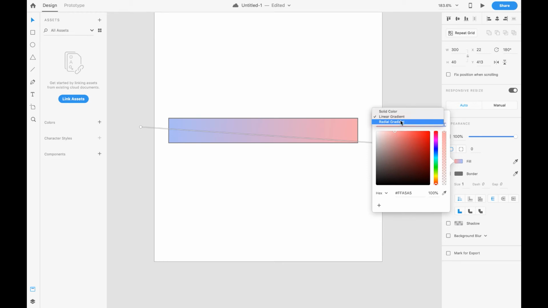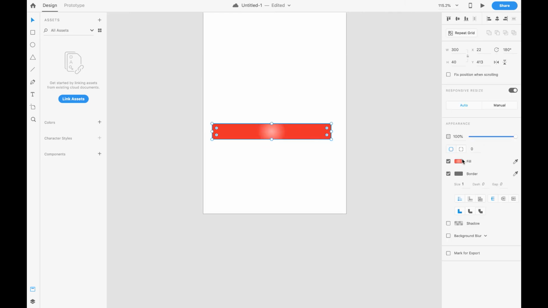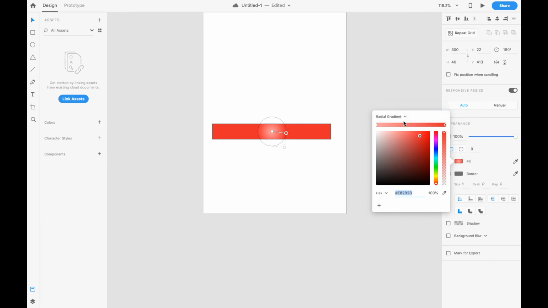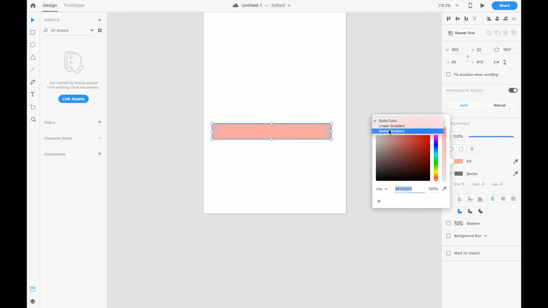The third option which we have is radial gradient. So what is a radial gradient? In the center, if you need something, at that time you can choose the radial gradient. In the center I am choosing some white color or black, and over here I am choosing some color. You can reduce the size by pressing shift. This is what we call a radial gradient. So we have seen how to fill the color and what is solid color, what is linear gradient, and what is radial gradient. Over here also you have the opacity.